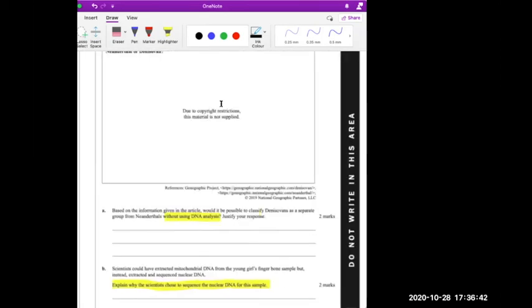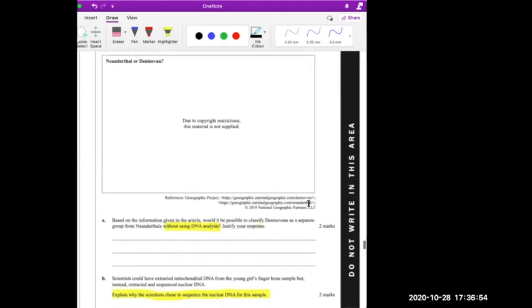So you don't see the picture, so don't worry about the information in the article. But they're saying, would it be possible to classify Denisovans as a separate group from Neanderthals without using DNA analysis? So I actually looked up the site to see if I could get this. I can't. We're locked out. So knowing that we're not going to have all the information to answer this, I think it's just important to see that